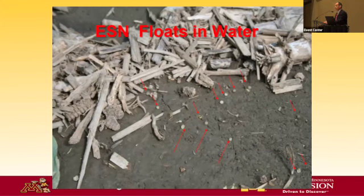One thing that I will mention too is that ESN protects nitrogen from volatilization loss. So it works great if you're going to leave it on the surface compared to, for instance, urea. But the challenge is that because of the coating, if there is water runoff, this coating basically makes it impermeable, and so it will float with water. And so you have to be careful with that. So I always encourage people to incorporate it with tillage,